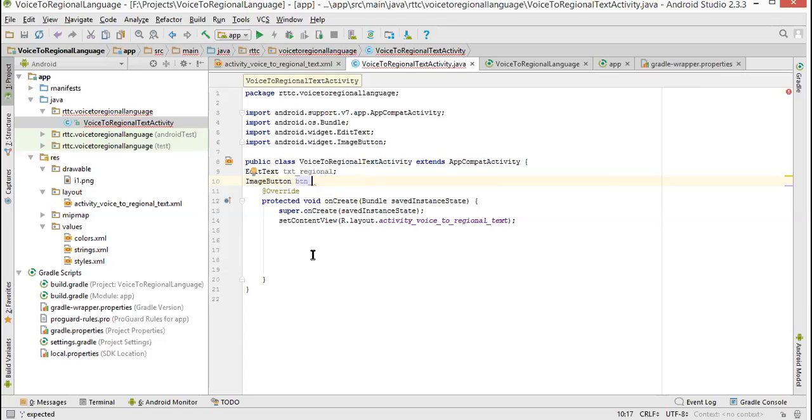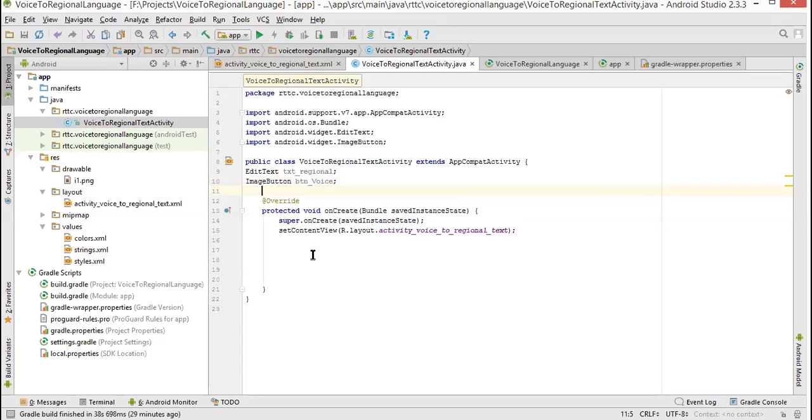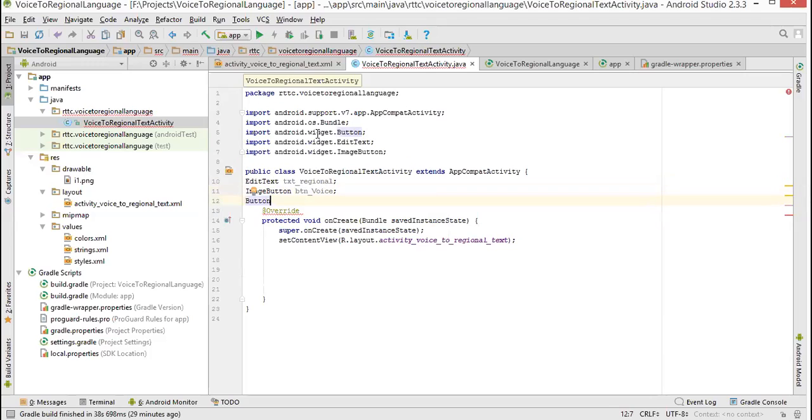Okay. So image button, button underscore voice. I would give this as a capital Voice, I can give like this, no problem. Then for a difference, I am giving like this from the XML things. And I'll give Button. Again, it will ask, do you want to import button? So naturally it is importing widget.Button.